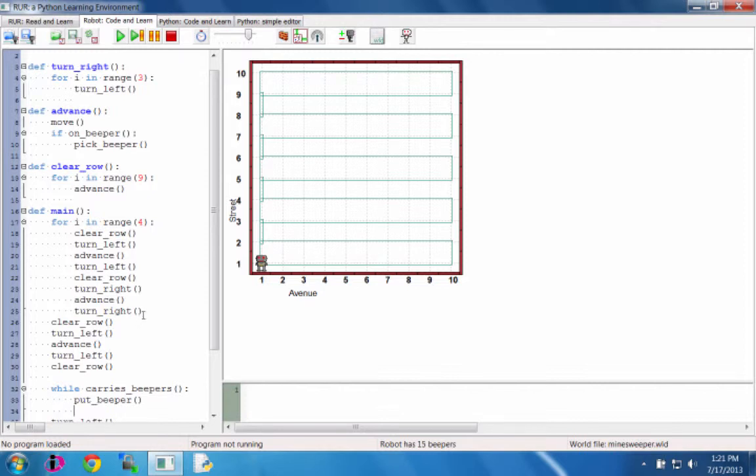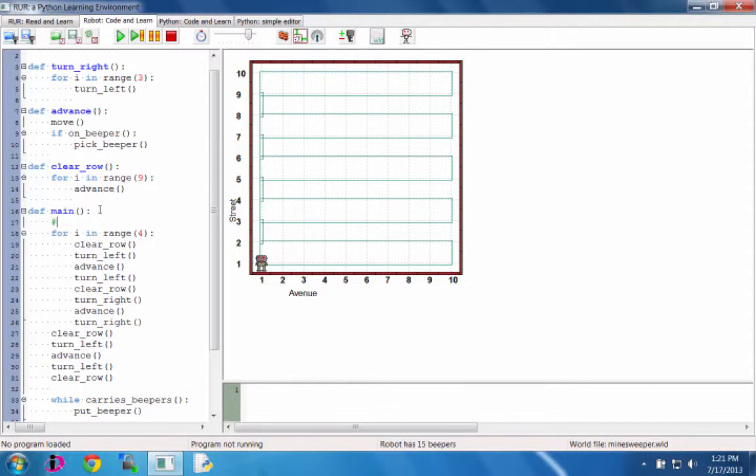First of all, let's put in some comments. Right here, I'm going to say clear the field. And then down here, I am going to say clear the last 2 rows. And we'll put a comment right there. That tells the computer not to execute that statement. Those are just comments for